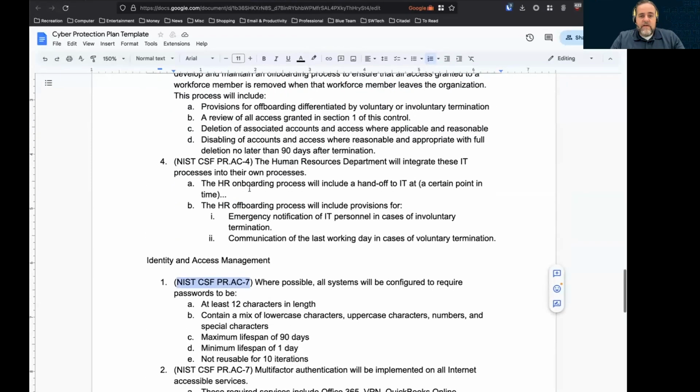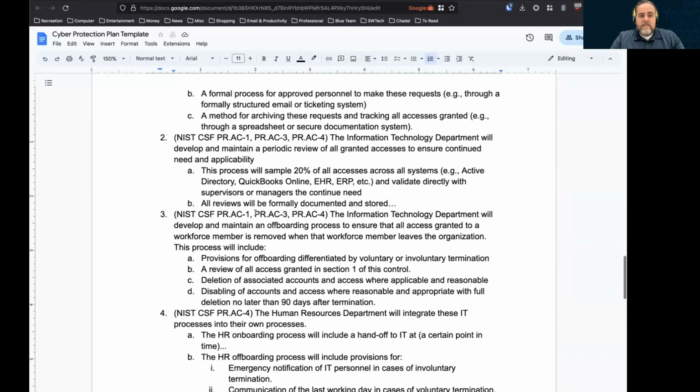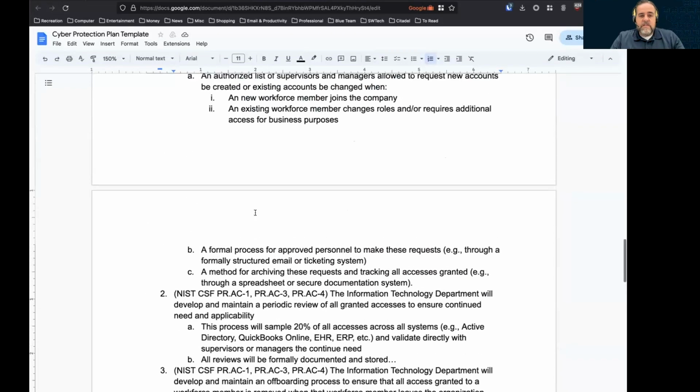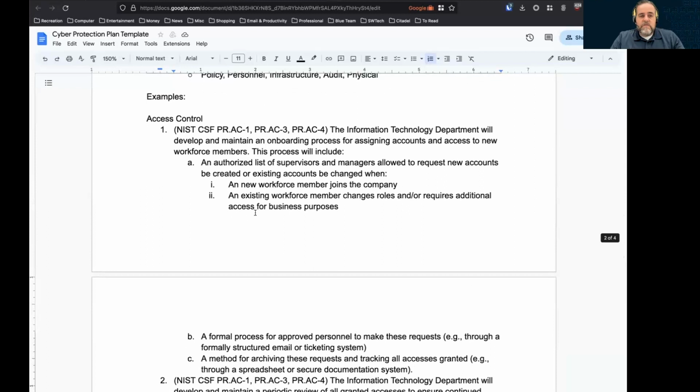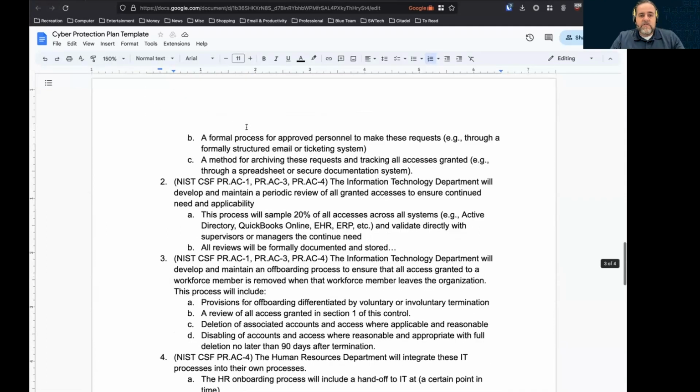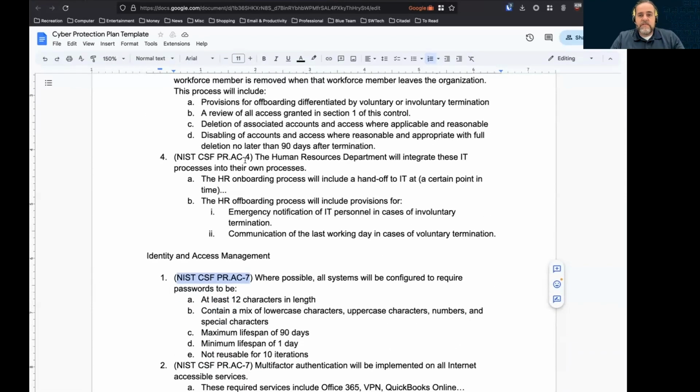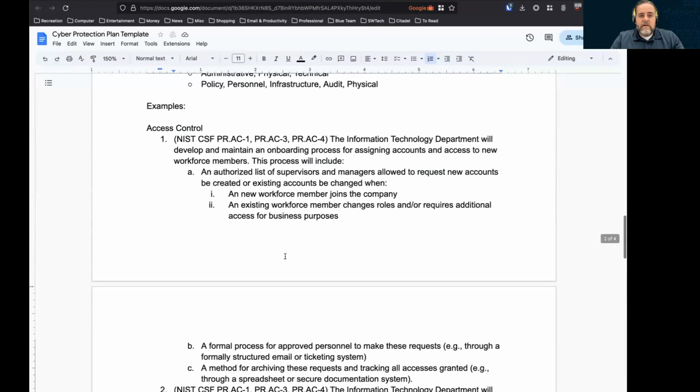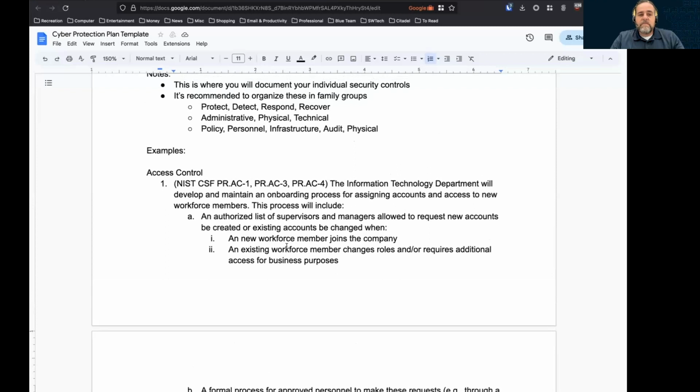So this is kind of a guide on getting this document started. This document's going to be much longer. Your controls specifically for these, like access control and identity and access management, don't have to be this in depth. You can write them however you want, but that's kind of why I say this is not Mad Libs fill-in-the-blank. This is just a framework for you to write your own stuff in.